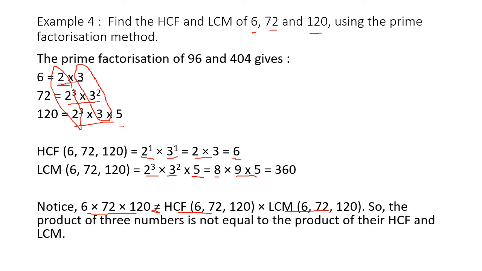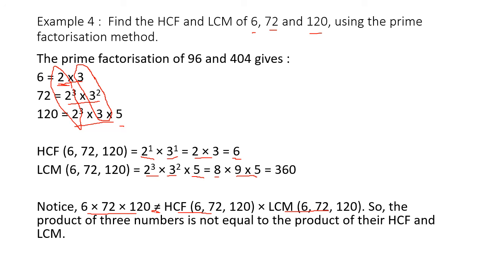Is it clear? But this is the method of prime factorization. Again, you have to factorize them and write them in the power form. In the HCF, you have to take what is common with the smallest powers. In LCM you take what is common with the biggest powers and also include the numbers which are not common to find the LCM.